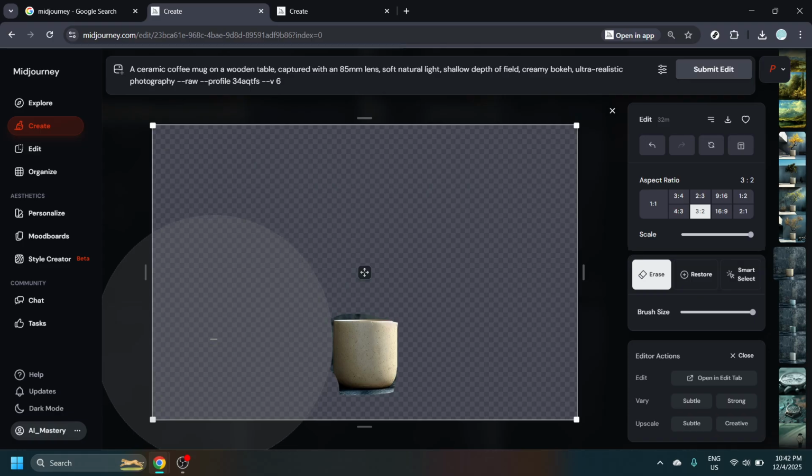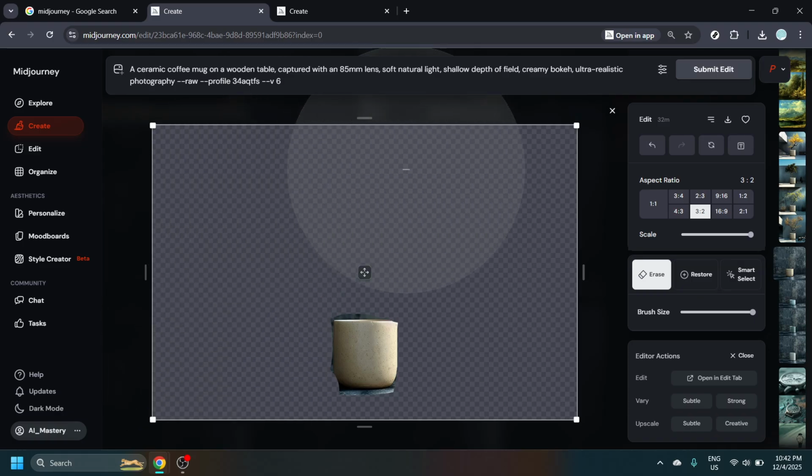With the background masked out, it's time to guide Midjourney on what to generate in the erased area. Write a clear prompt that describes the new environment you want behind the mug. For example, you could use, "A tree in an elegant, modern concrete pot stands on the ground in front of gray-blue walls. Next to it is a bench and stairs leading up from below. Photorealistic, high resolution,"